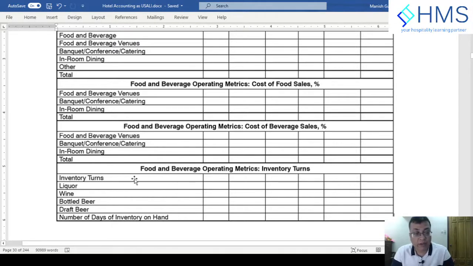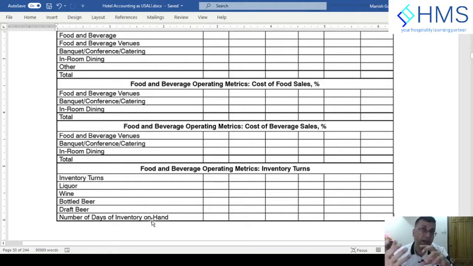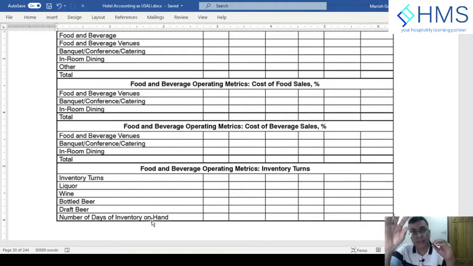Inventory turns means how much time the inventory has been used, the number of days for each item, right? So how do we calculate that? We normally calculate the total inventory divided by the average sales of the month. That will help us to understand the number of days inventory on hand, while the inventory turnover will be calculated by the sales, the total sale of that particular item for liquor, for wine, for bottle beer,